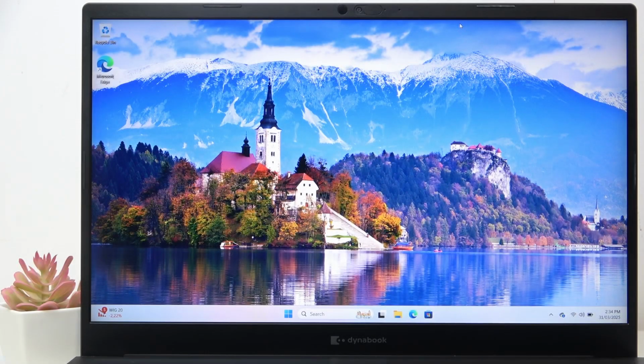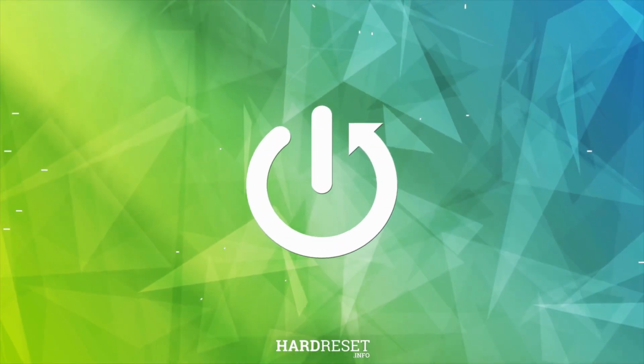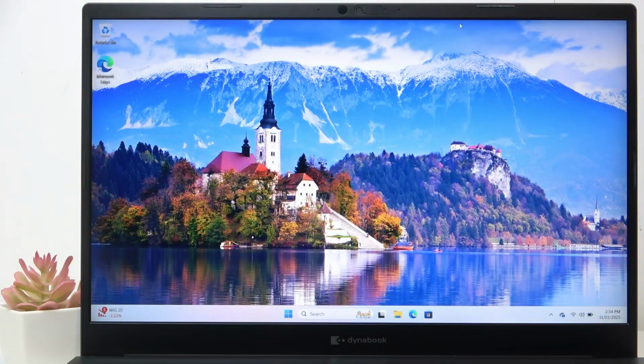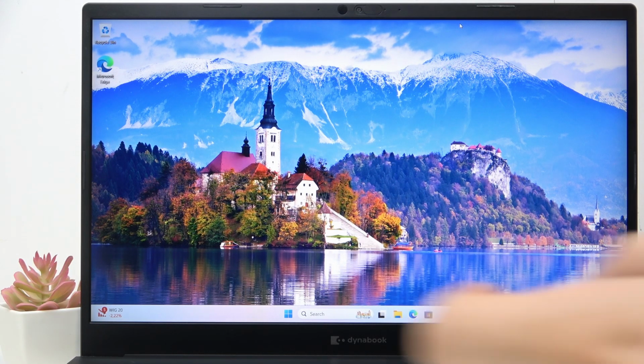Hello, in this video I'm gonna show you how to use zoom on your Toshiba Dynabook Tecra. To use the magnifier, you can either use it with the keyboard shortcuts or by going to settings. It's just depending on your preference. First, I'm gonna show you the keyboard shortcuts, so you can click on the